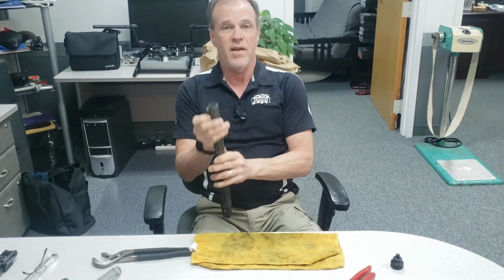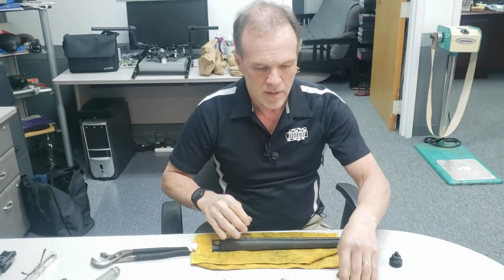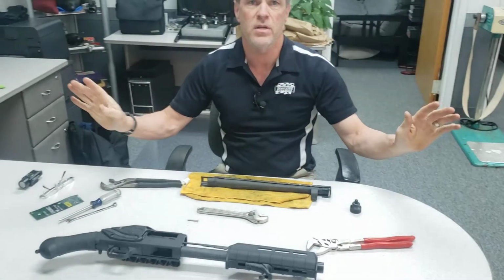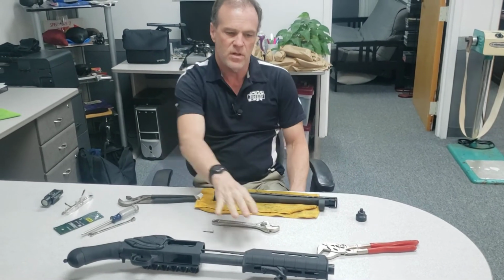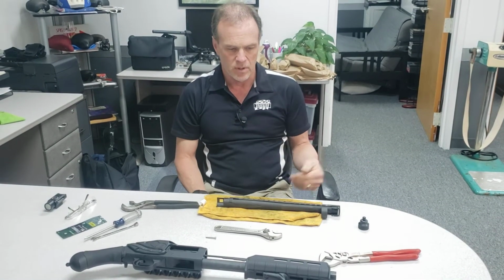So now we've got the heat shield on the barrel. Now when you go to install it, if you have the standard Mossberg forend, you're done. Put the gun back together, go have fun. If you're going to use the Magpul MOE forend, which gives you M-LOK accessory capability and places to put lights and stuff like that,